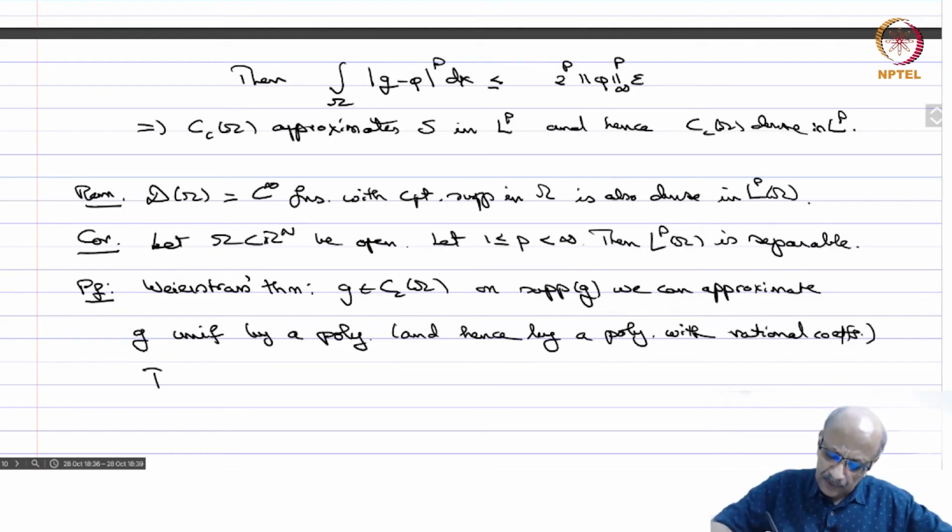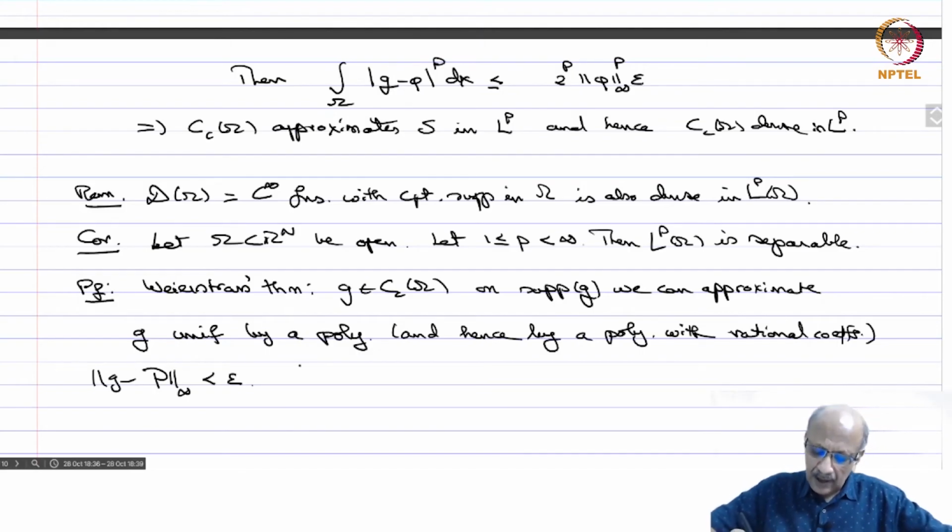So if P is such a polynomial with rational coefficients and you have the sup norm of G minus P as small as you like, then on the support of G,